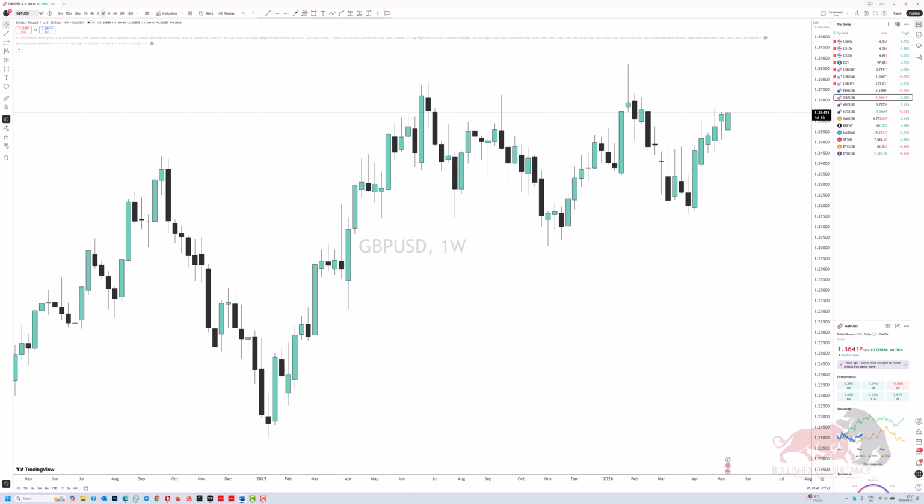Number one, the UK economy has shown greater resilience than many investors initially expected. Right, despite elevated inflation and slower growth conditions globally, consumer spending and labor market conditions in the United Kingdom have remained relatively stable. That's why we have seen pound USD moving to the upside also. Secondly,